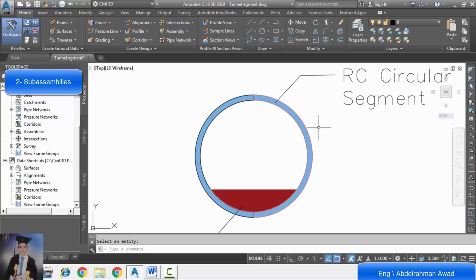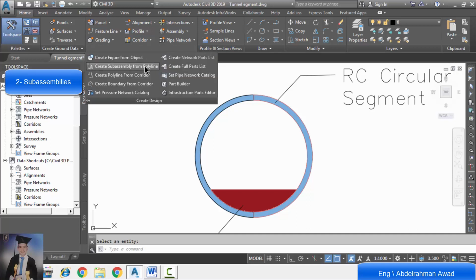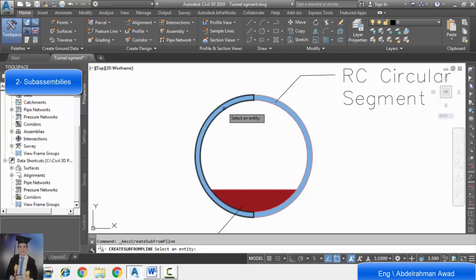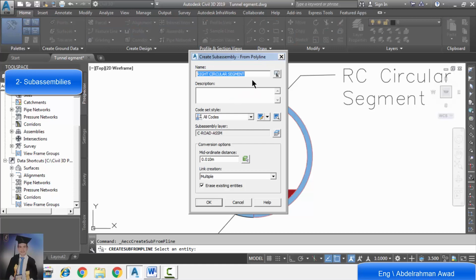We will turn to the left half and do the same. Create Design, create sub-assembly from polyline, and we will click on the other half, which is the left half. We change the name, replace right by left.